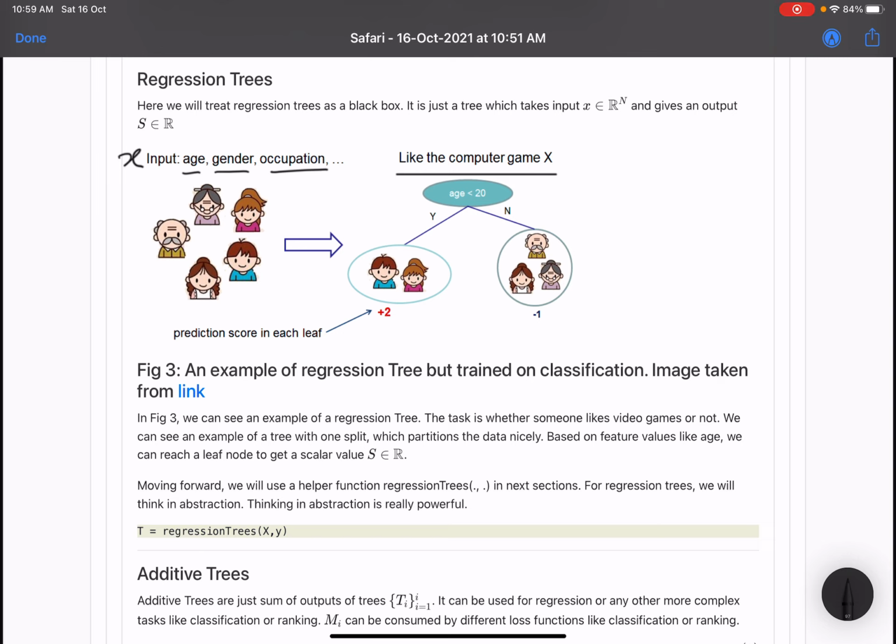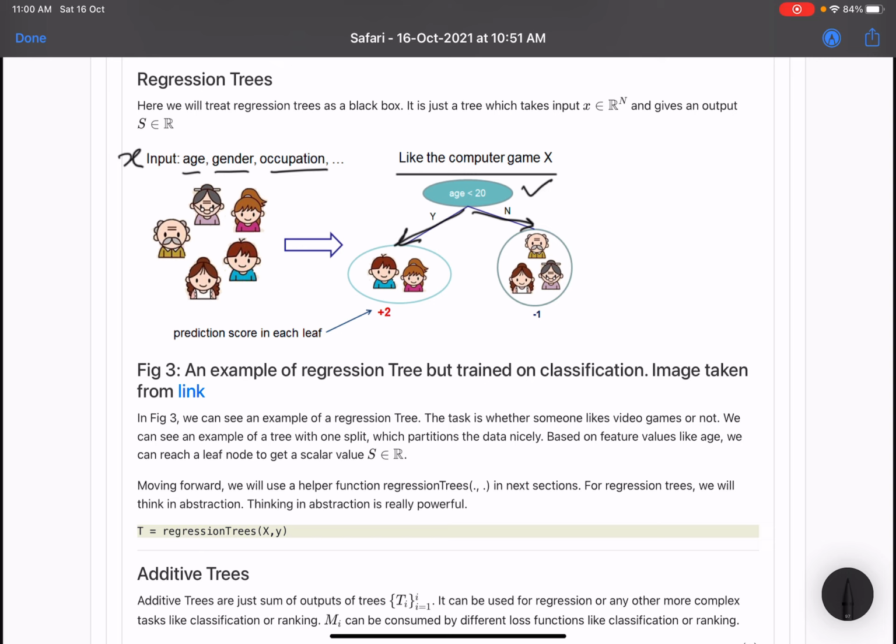You can see that there are some young people, old people, and all that. An example of a decision tree would be: the root node is basically age is less than 20. If that is true, you go left. If that is not true, you go right. Based on that feature, you separate your data points.